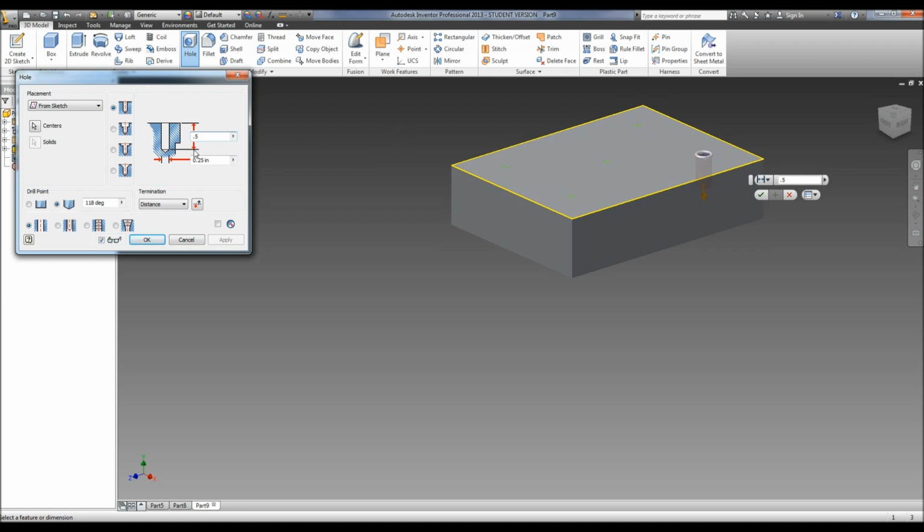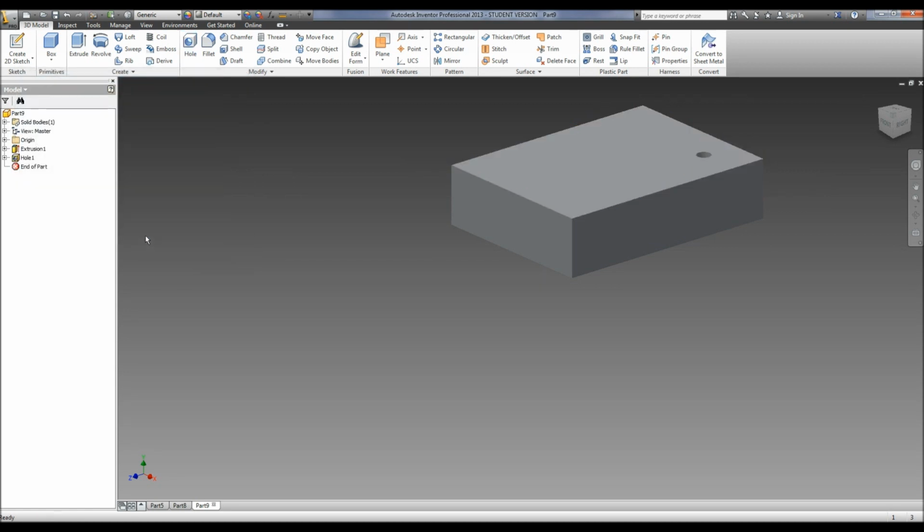Also with selecting a distance, you get the option for a drill point. Is this a flat drill point, or is it going to be an angle drill? Now most of the time it's probably going to be an angle drill, but every once in a while you'll get a flat drill point. And the degree that it gives you for the angle is fine. You don't have to worry about changing it. Alright, so once you get that hole is done, you can go ahead and hit OK. There you go. Now you can go to click